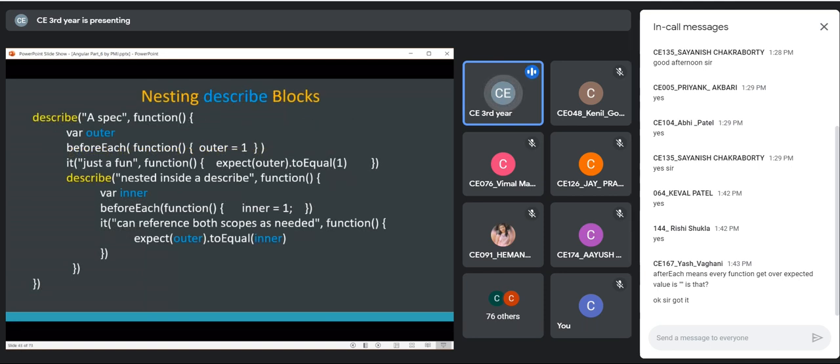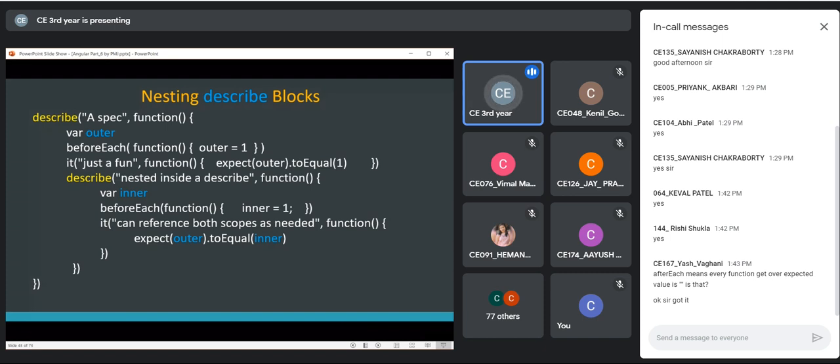In this example, you can see that one test suite is written under another test suite. So again, you can have a hierarchy of test cases. You can organize your test cases together and put them under one test suite, and several test suites can be written under one single test suite. So basically, it is for organization purposes only.